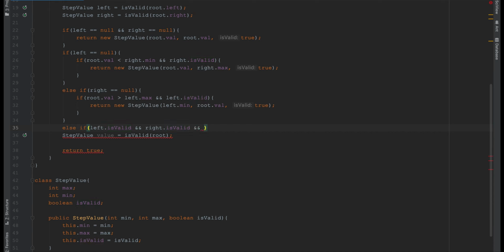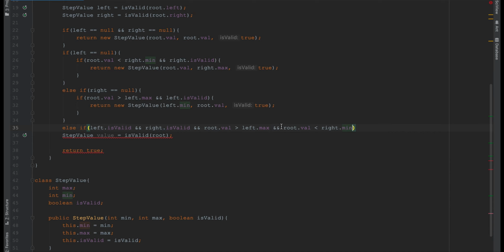So we have to check if both of these are valid subtrees, and then I'll check if root.val is greater than left.max, and if root.val is less than right.min.